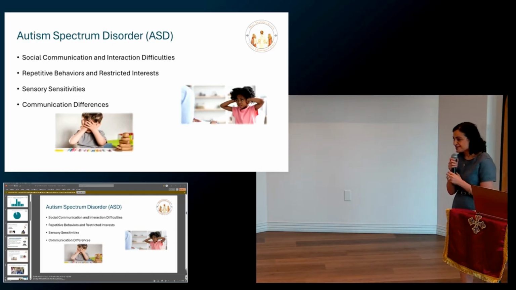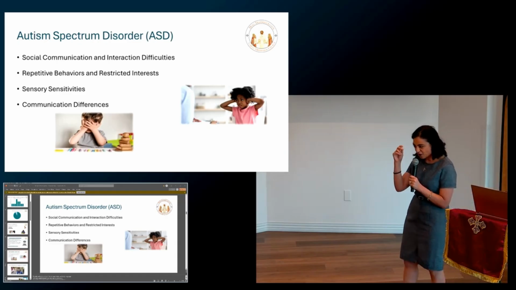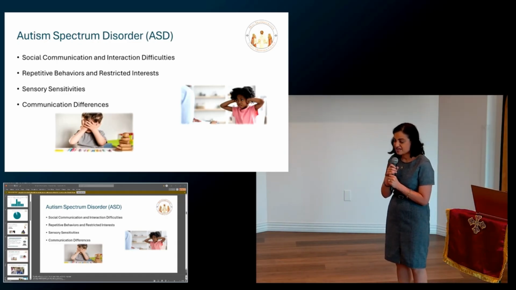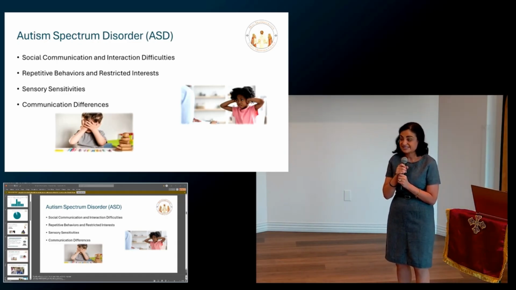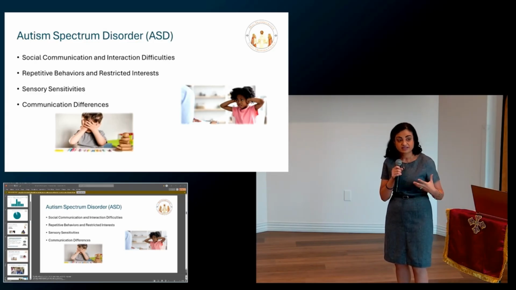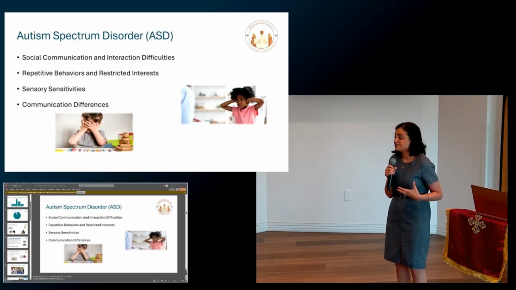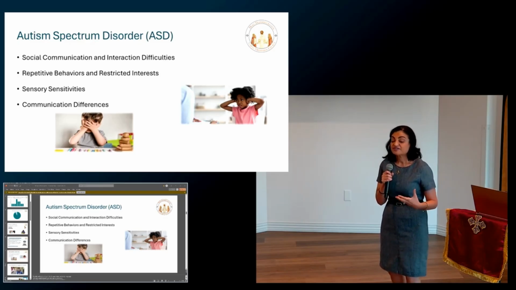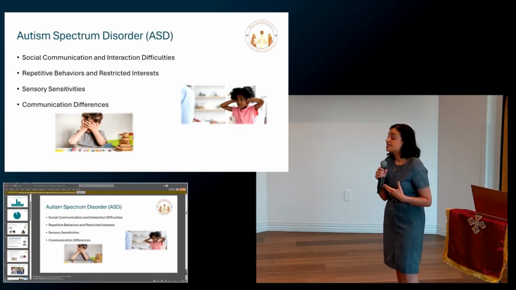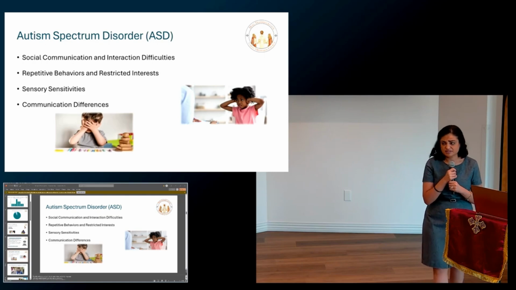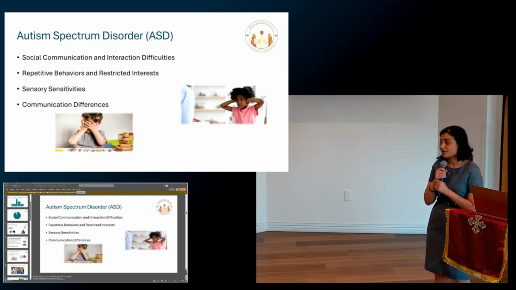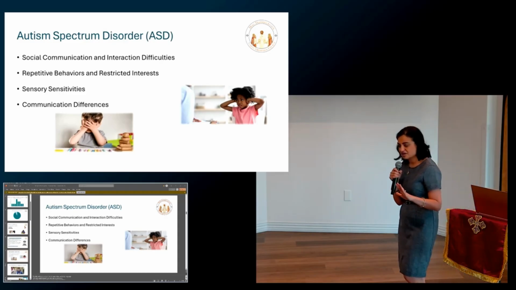Did you ever see kids flapping their hands or moving an object in front of their eyes? That's called stimming. Stimming is a repetitive behavior that kids do in order to regulate their emotions. They do it because it feels good. They feel safe when they do it. You can redirect it, but please do not stop stimming. When you see kids stimming, you can redirect them to a more socially acceptable stimming, but do not stop stimming altogether